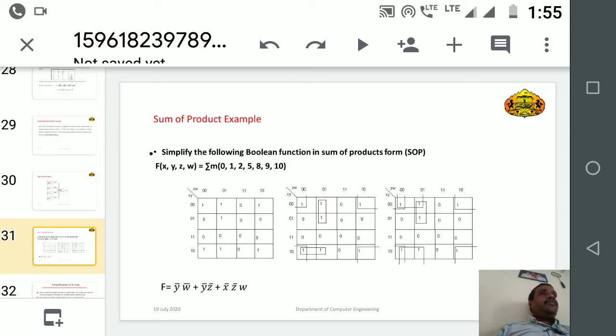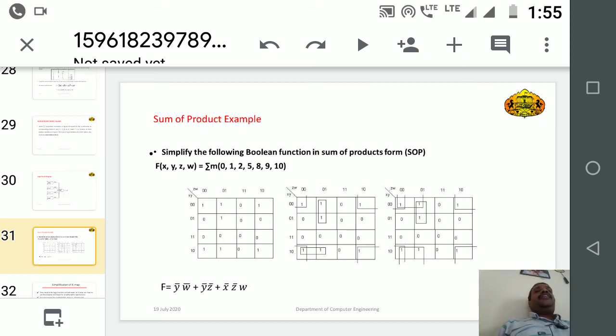Okay, so this is the output. Means if you make the groups, then finally you get this output expression. F is equal to y bar w bar plus y bar z plus x bar z bar w. Okay, so here if you see this output, first term is the y bar w